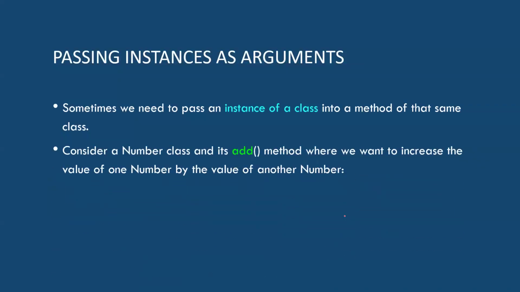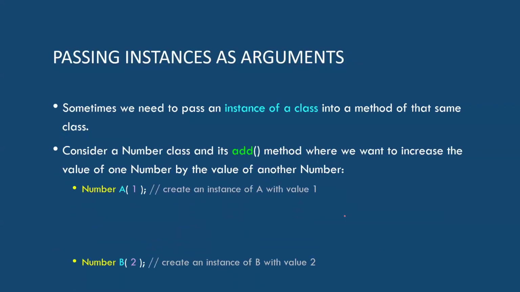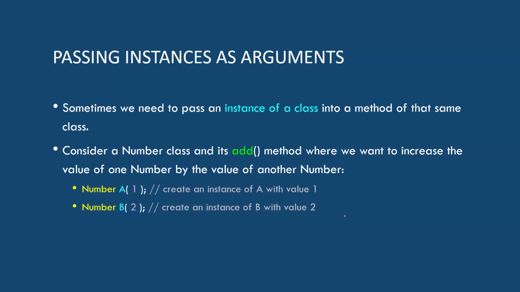Okay, instances as arguments, still review, I know. If I had this number class that abstracts and creates a concept of A as a number variable and B as a number variable, and we're feeding a 1 to that constructor and a 2 to that, how do we add the B to the A, right? So we want to be able to pass the instance. We're not passing a pointer to the instance here. We're actually passing the entire grocery box through that doorway. It's like, here's your groceries. I don't know what's inside of there. You deal with it, right?